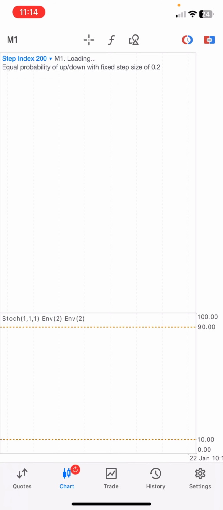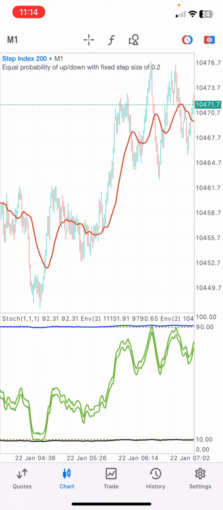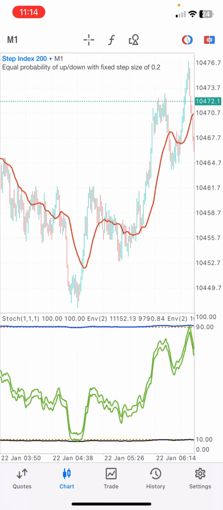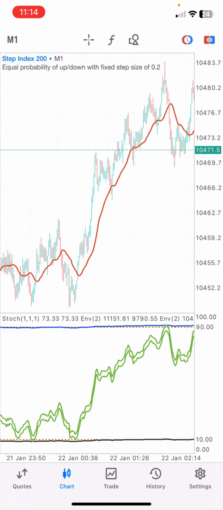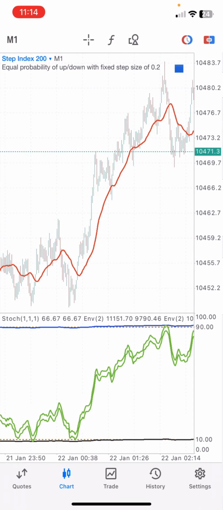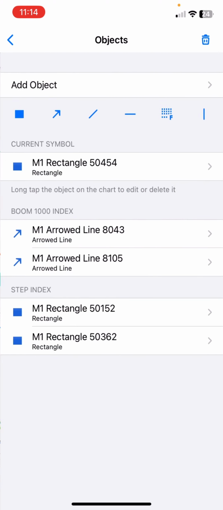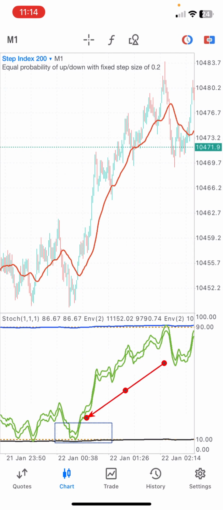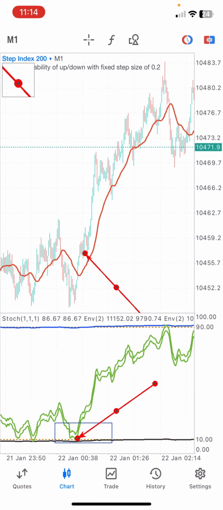One more example before I call this a day. This is another example right here on step index 200. Now you can see our first entry, which I already told you guys. Our first condition is we want to make sure that the touches happen right here. When the touches happen, the next thing we are expecting is the price to break above